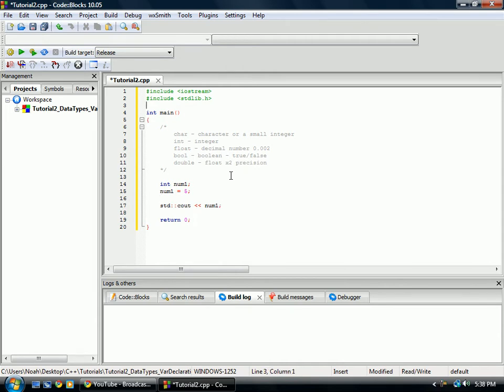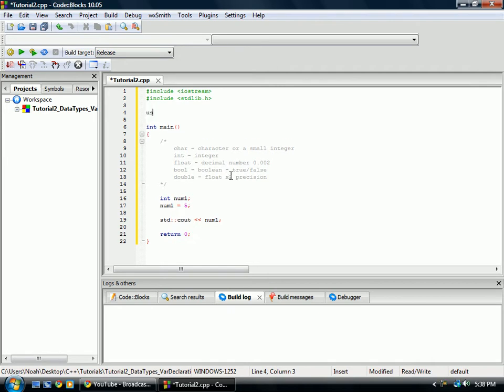And let me just fix this here so we don't get confused. Add using namespace std. That way you don't have to write out std::